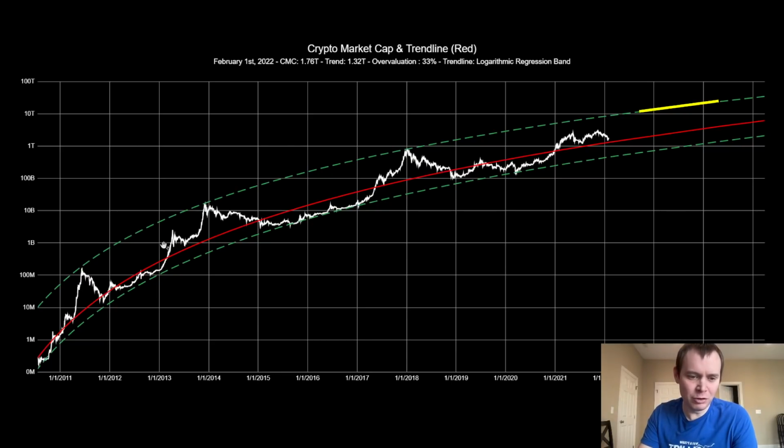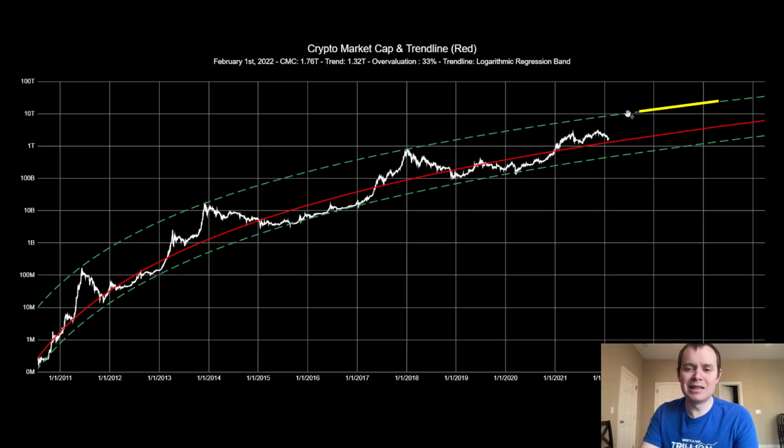For instance, if you assumed that the asset class was going to be at, I'd say, 1 billion, you can see that it actually took a couple more years for it to get there. Once it crossed 100 billion, it took a while for it to get there. It hit 1 trillion almost at that point, right? And it hit 100 million just briefly after passing it, right? So it hit the upper regression band, hit 100 million here, and then we actually hit it just a few months later. So here we're going to hit 10 trillion, the upper green line.